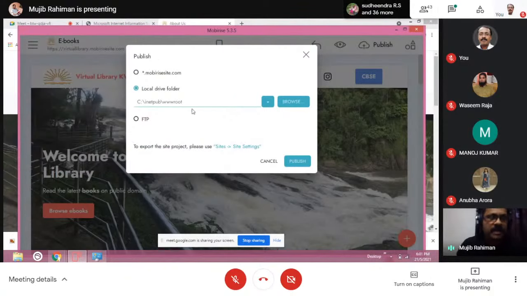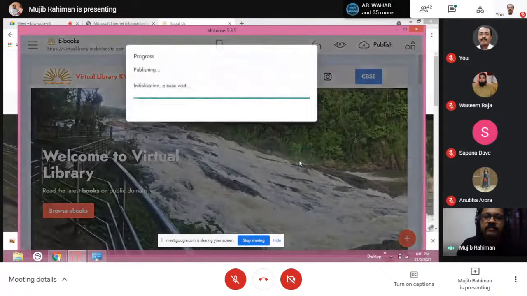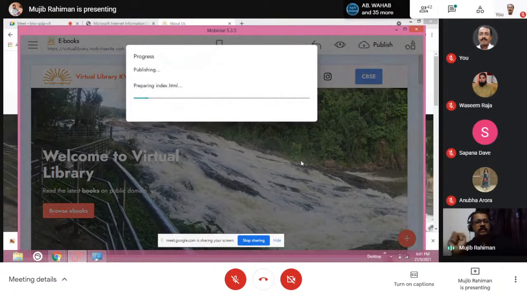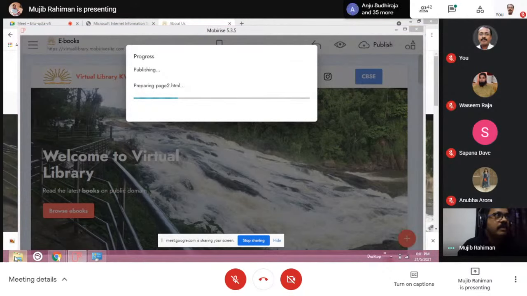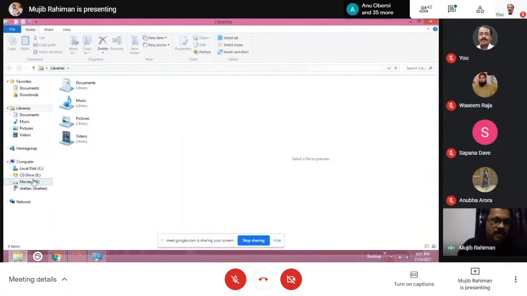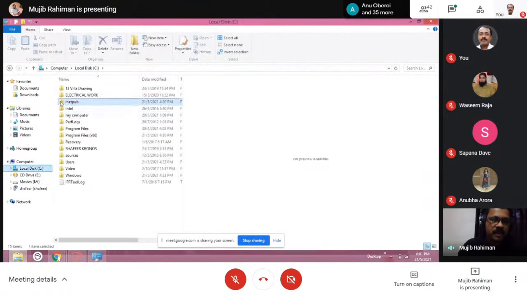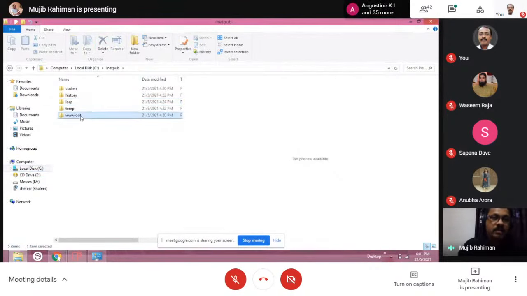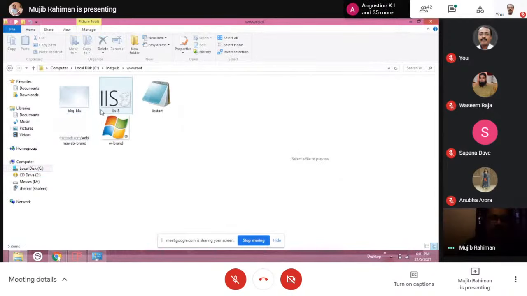Or you can type it like this: C:/inetpub/wwwroot. This is the root folder for the website, and you can click on publish. Now this computer will be made into a web server, and it will be serving your website when a request comes to this particular web server. You can see here, browse in C drive, inetpub, wwwroot, and